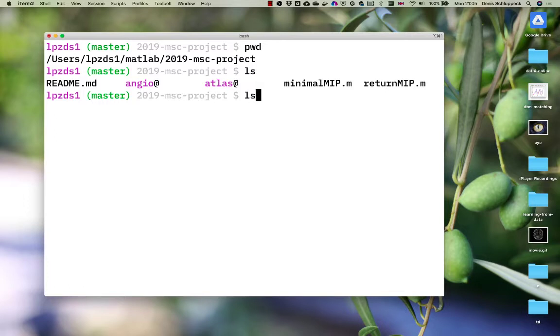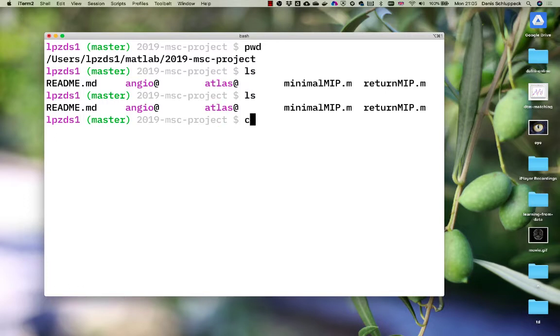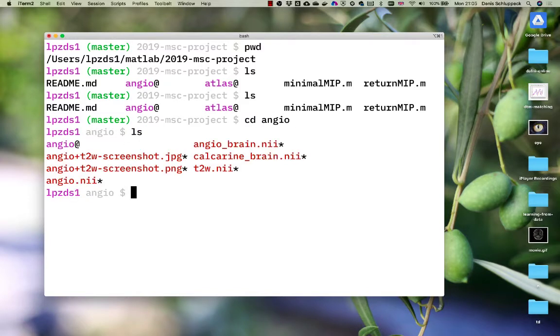Okay, so I just do ls here and change directory into this angio folder. Here are the files that you should be able to see. A couple of JPEG images and PNGs, so you know what to look for. And the trick I wanted you to play around with, which hopefully you'll become familiar with if you haven't already, is to use FSLEYES as a command line tool to launch the viewer program. Show the T2 weighted image,